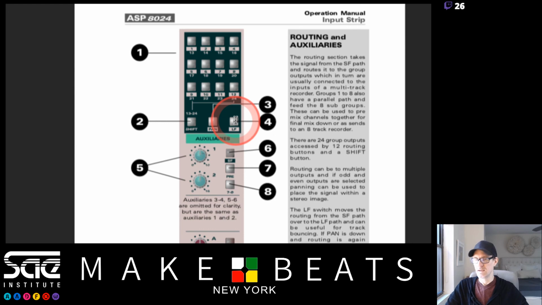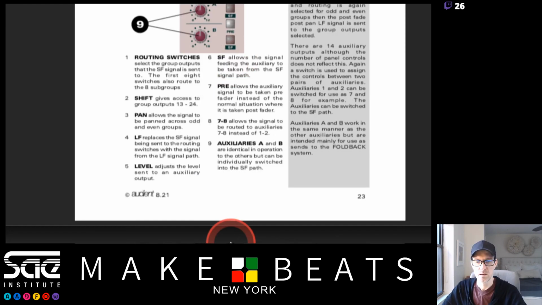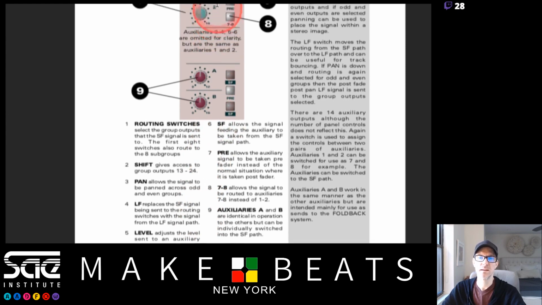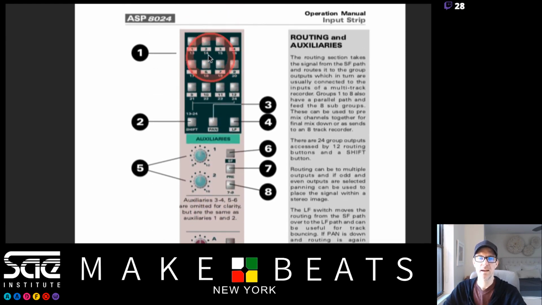The LF button is the long fader button. LF, where is it? Right here. Yep. It replaces the short fader signal being sent to the routing switches with a signal from the long fader signal path. Basically what this does is, if you want to use this as buses when you're monitoring, or if you're